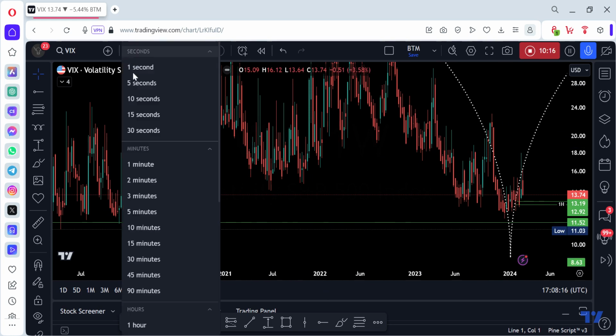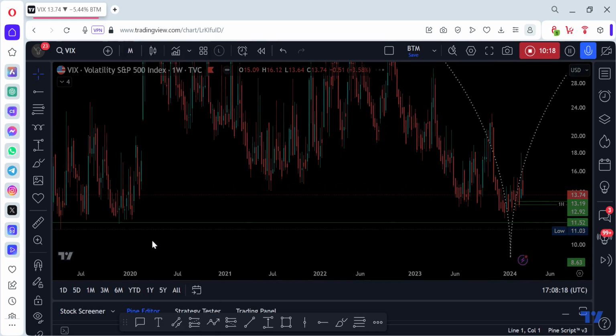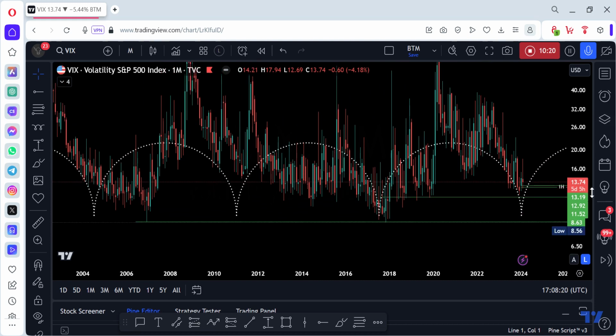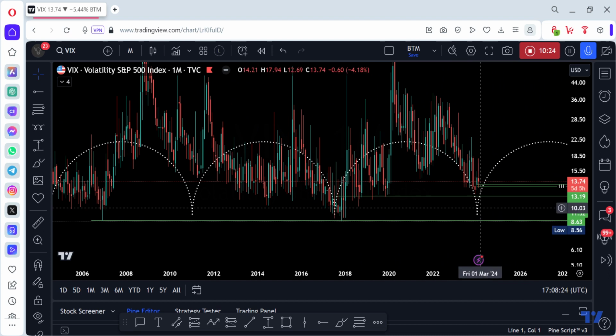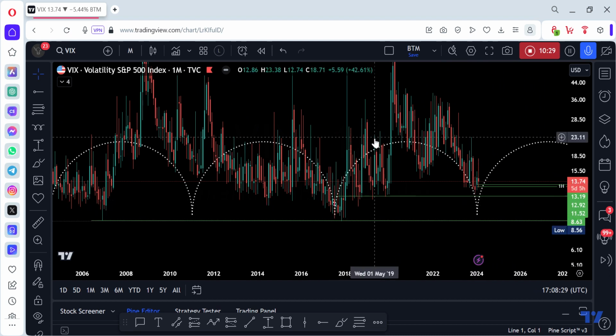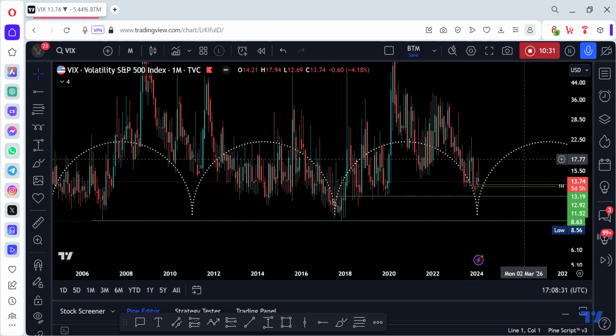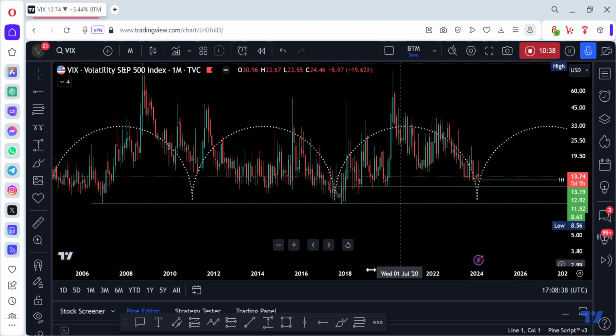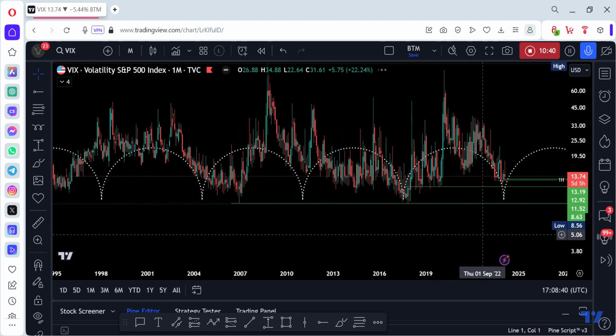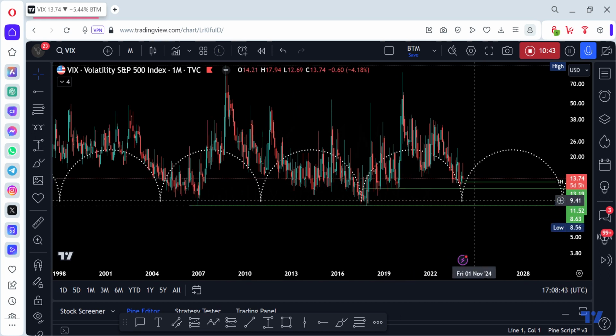Man, I need to show you something scary, and it's really scary. If the VIX, okay, because right now we're around the zone where I expect a low to be printed, and then another move up to be coming to the market. So I expect a low on the VIX to be printed very soon.